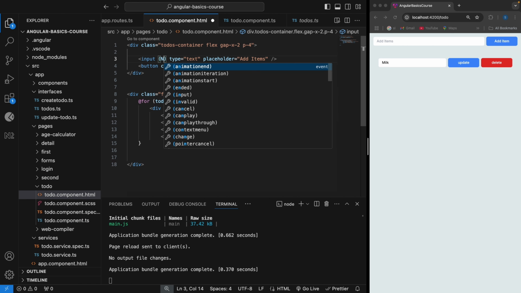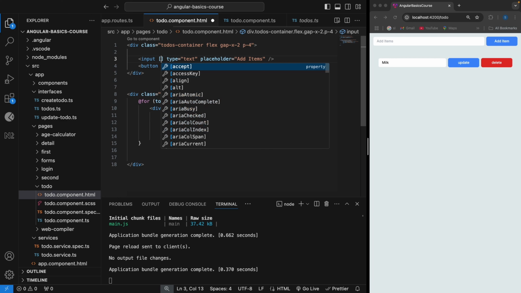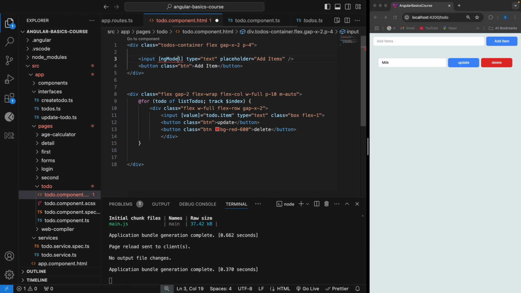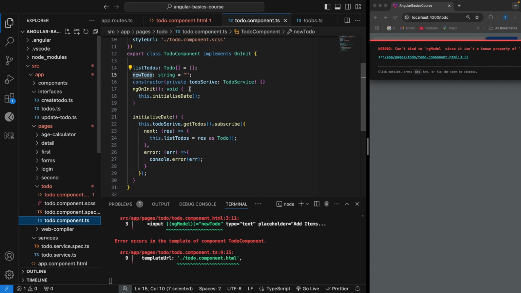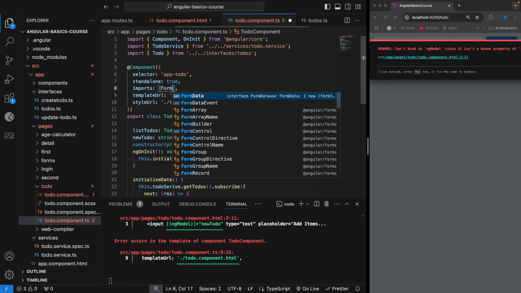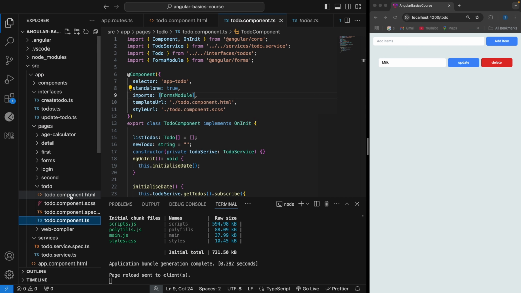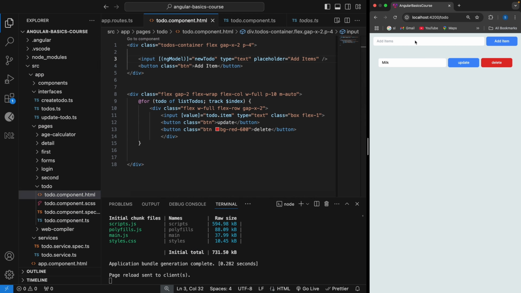So I'm then going to use this two-way binding. This would be ngModel, right? Then this goes into these brackets, and then this is newToDo, right? I'm getting an error. This is because in here I don't have a forms module. So once I've added this forms module, that should remove that error. Now if I say add potato,